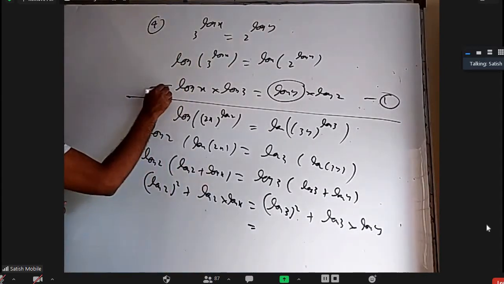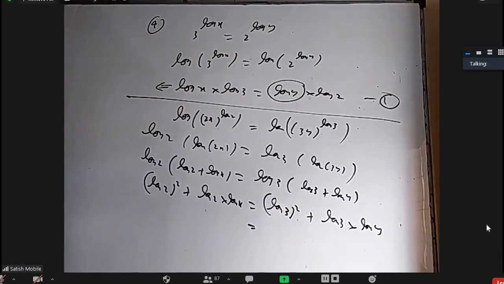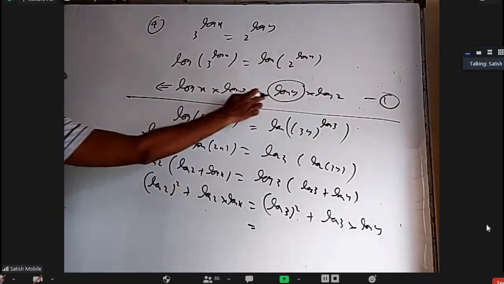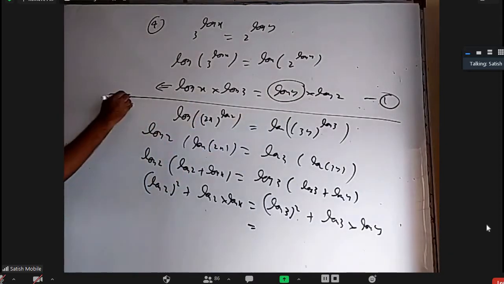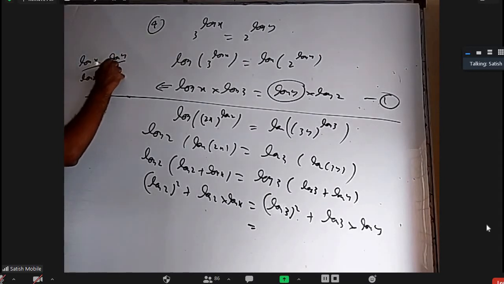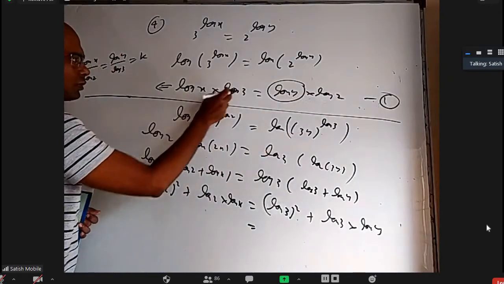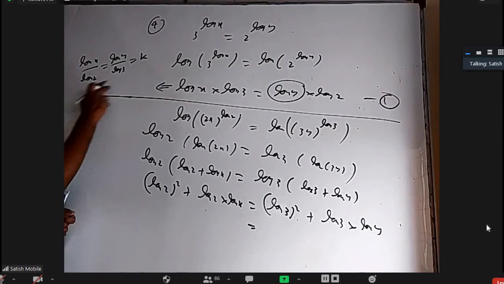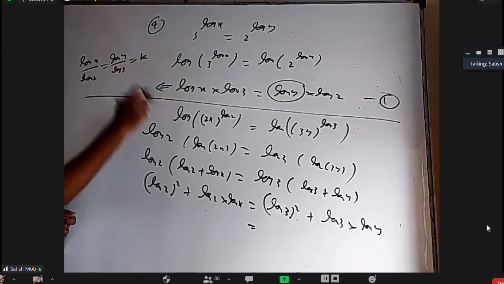Okay, so I'm going to write from this. One more thing, just I'll do one more thing. Wait. Bring this log 2 down, this log 3 down. See what happens. You will get log x by log 2 is equal to log y by log 3 equal to k. I'm going to take. Now what is log x? I can write k log 2. What is log y? I can write k log 3. Substitute them there.